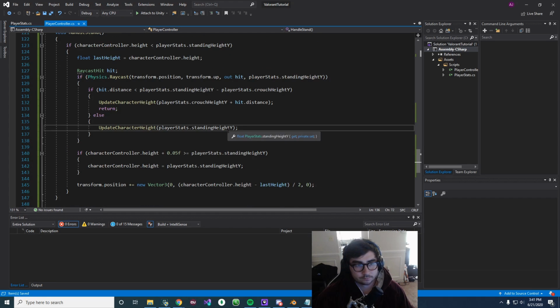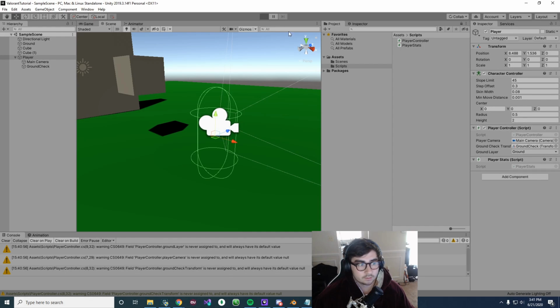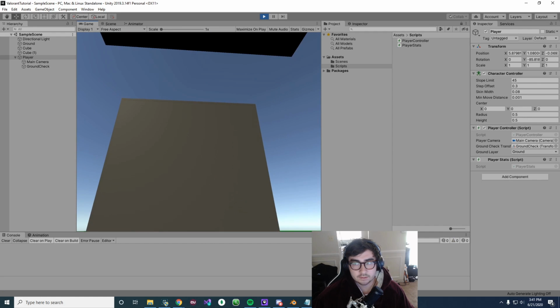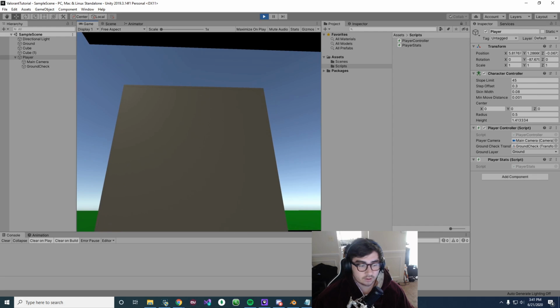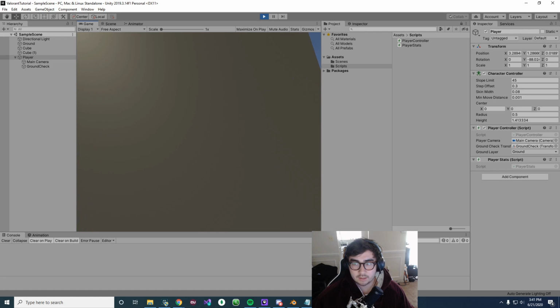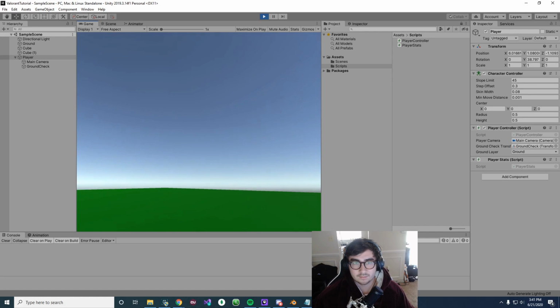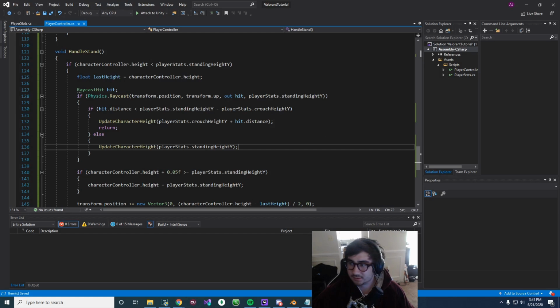There we go. And so now if we go back into Unity, we can see that if I go like this and you see my height, I can still move around under it, right? Let me go outside. Oh, wait. Nope. Let's see.